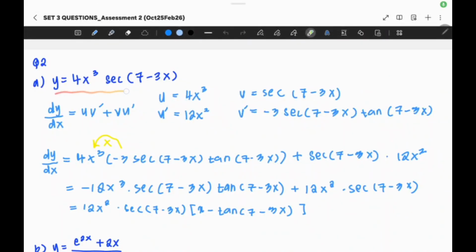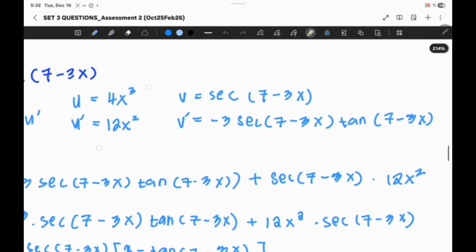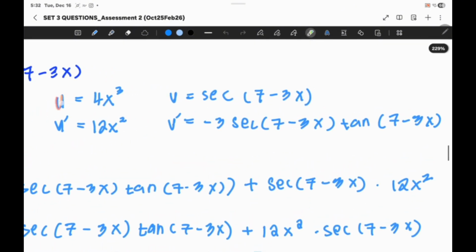This is the question. y equals 4x cubed sec(7 minus 3x). We use the product rule for this question. This is the formula of the product rule. First thing first, we find u equals 4x cubed and differentiate u to get u prime equals 12x to the power of